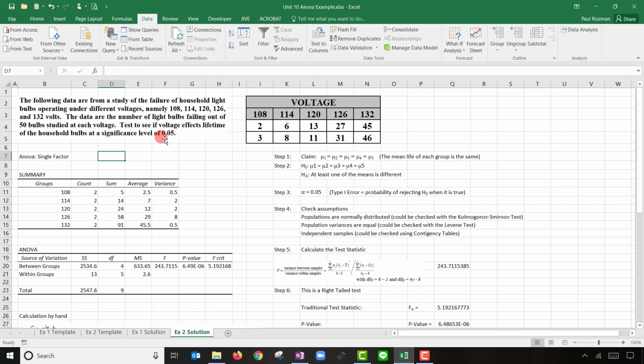It had to do with time to failure of a light bulb. So I had 50 light bulbs, and I measured how long they lasted when they were run under different voltages. So I ran 50 bulbs at 108 volts, and it looks like,